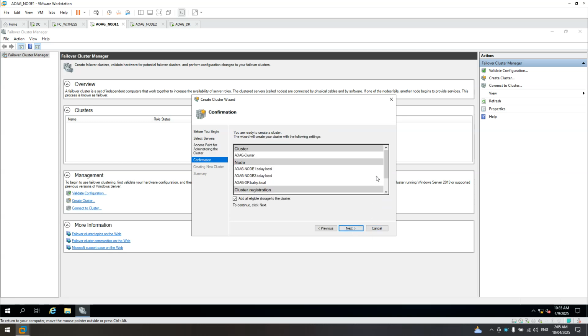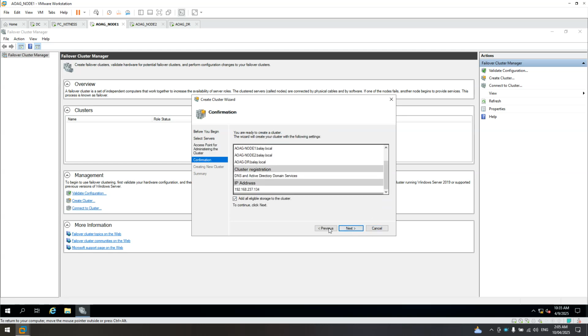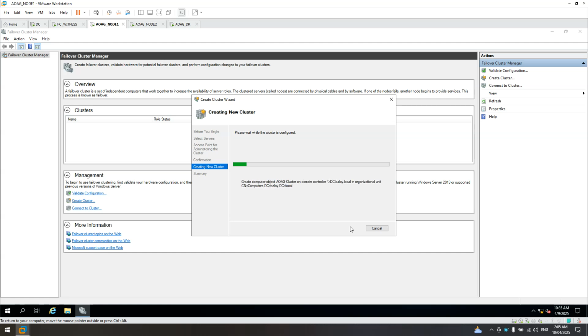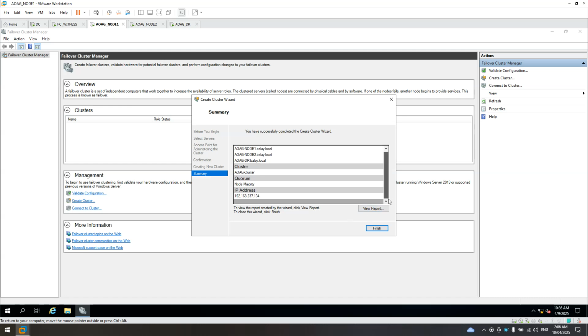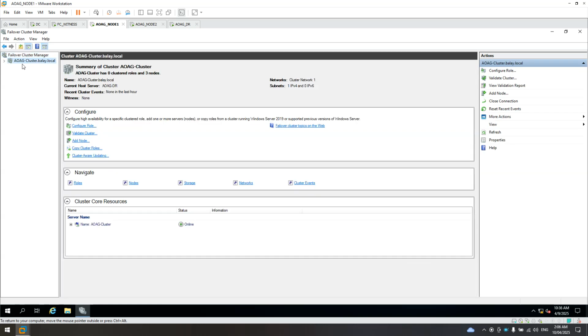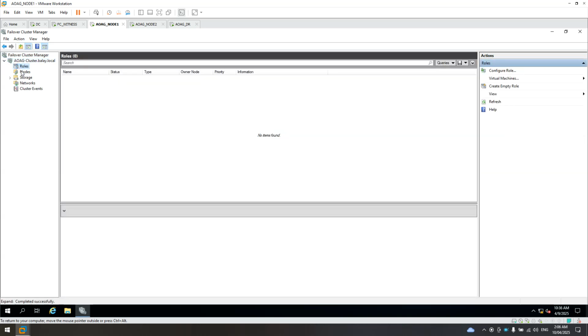Click next. Then add all your storage. Click next. Oh, good. So finish. So see the one created the AOAG cluster, and let's click roles. It's empty. Node.